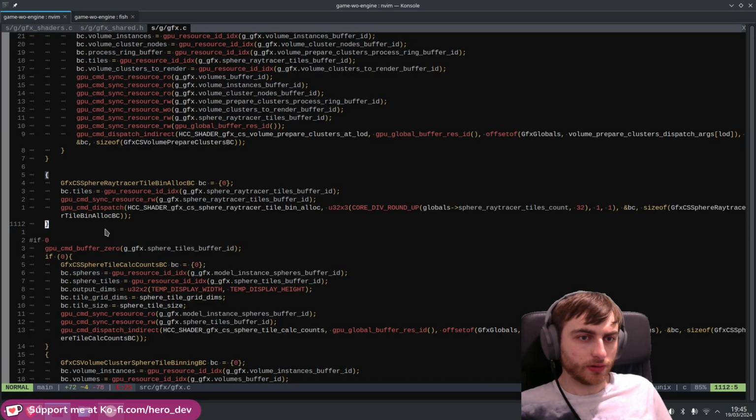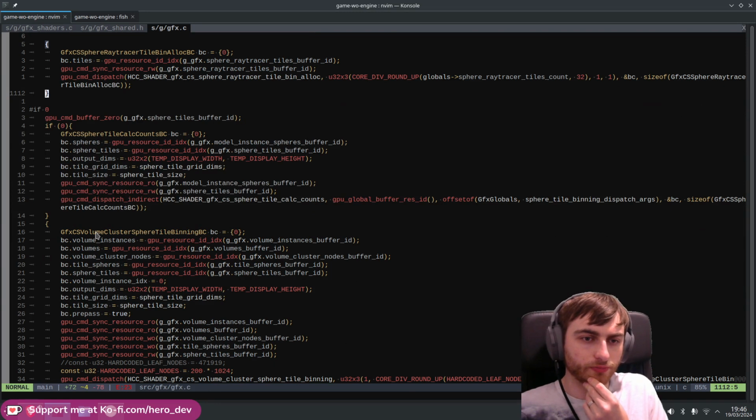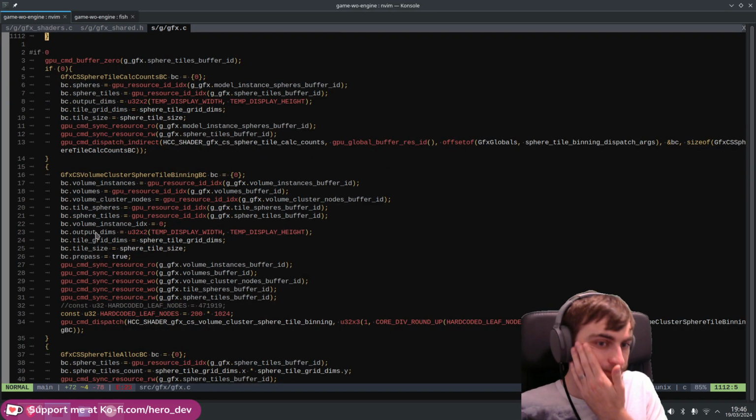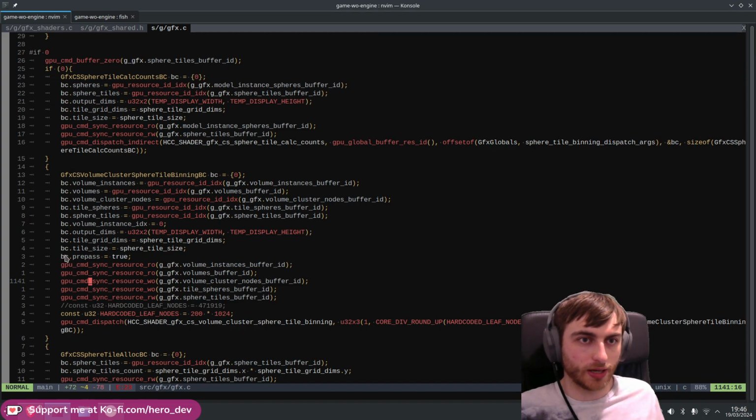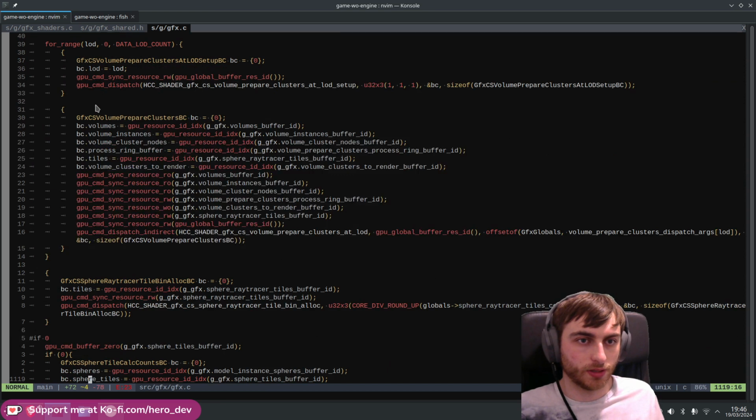So the next shader we need to write is the actual binning shader. Now I've done one in the past, so we're just going to grab that and then adjust it. What we need to do is launch over all of those volume clusters to render that we poked in this prepare clusters shader,